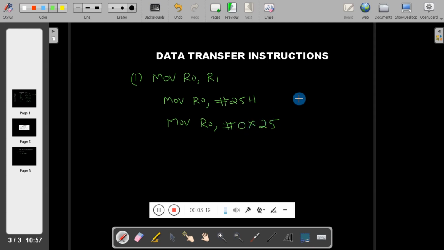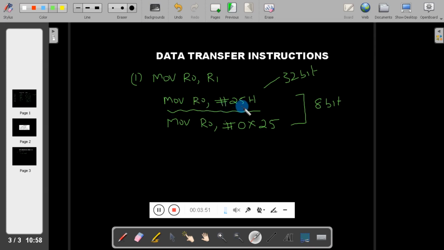The one condition here is the data size should be 8-bit. The question comes, why should data size be 8-bit in immediate addressing mode? Because student, we know the entire instruction set of ARM is 32-bit. In that, some of the bits are allocated for opcode, and some of the bits are allocated for operands, like here in this case R0.